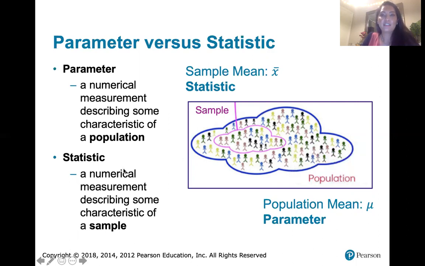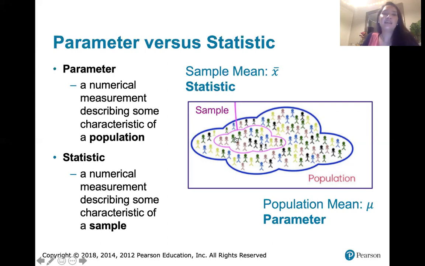If I were to take a sample of those students, instead of the 30 students in class, maybe take 10 students in class, and then average all of their test scores by adding them together and then dividing by 10, what I would have is an average test score that represented those 10 students. That average test score we would call the sample mean. It would be denoted by this symbol, X bar, and that would be a statistic because it's a characteristic of